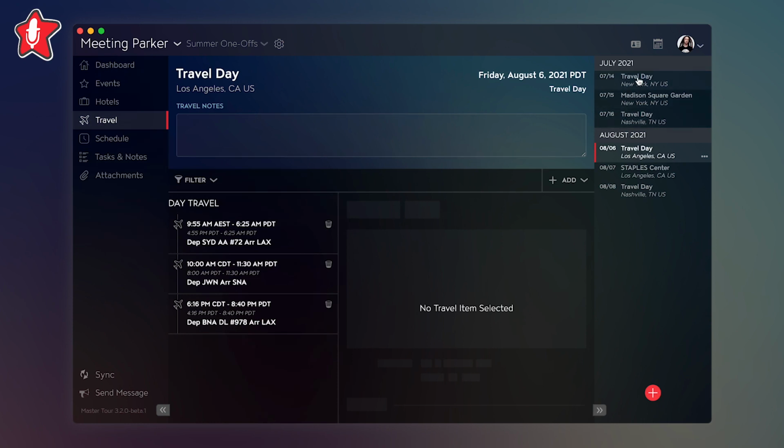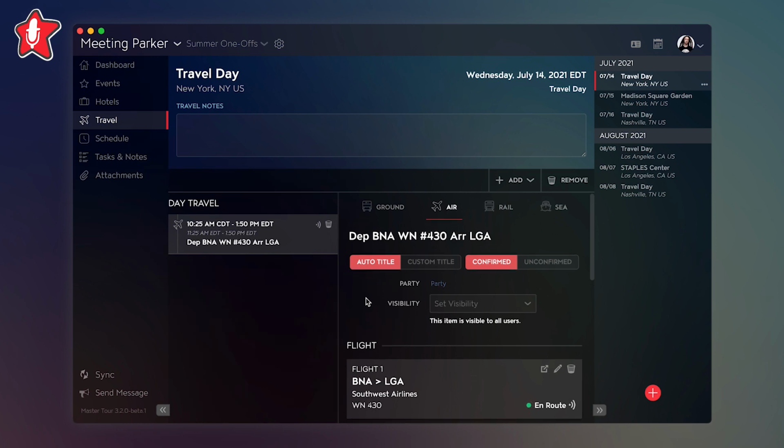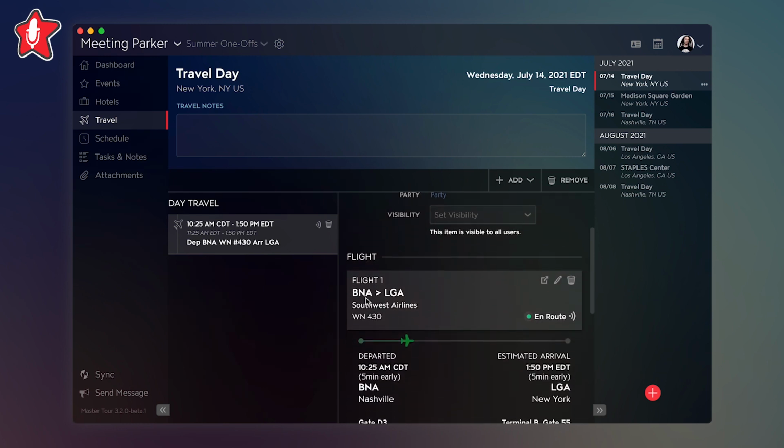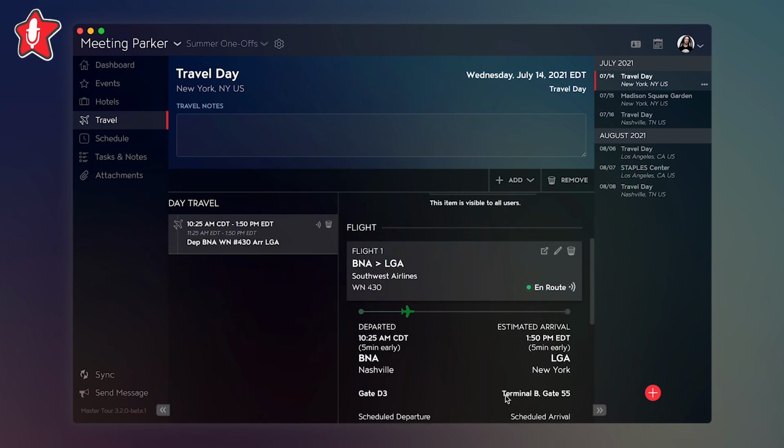Now, I'm making this video on July 14th, 2021. If we navigate to that day and we look at this flight that I have entered, you can see it is real time, currently in the air. You can see its progress, the time it departed, its estimated arrival time, and any disruptions that have occurred with the flight. Awesome. Now, these changes have also been applied to MasterTour Mobile, so let's change gears here and take